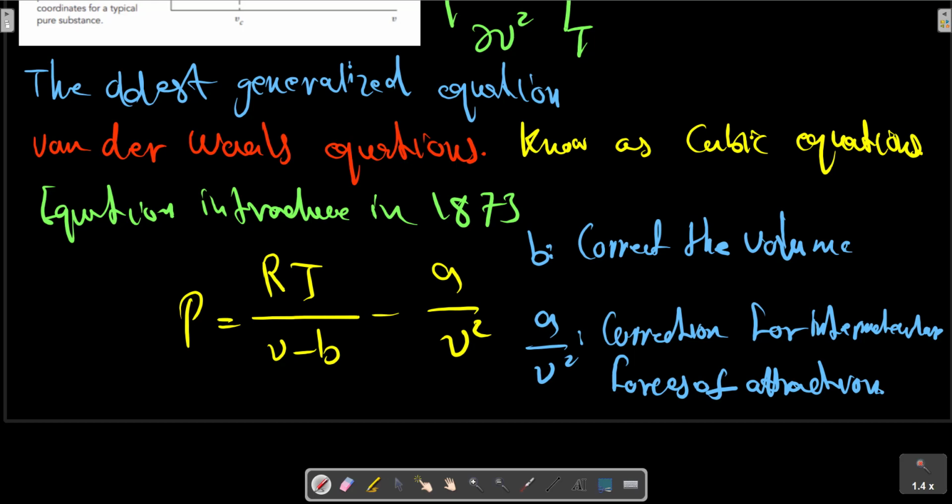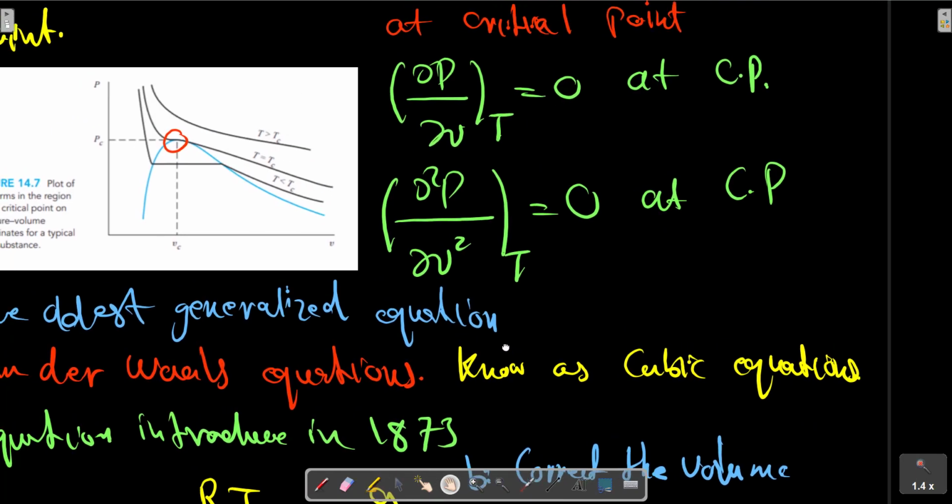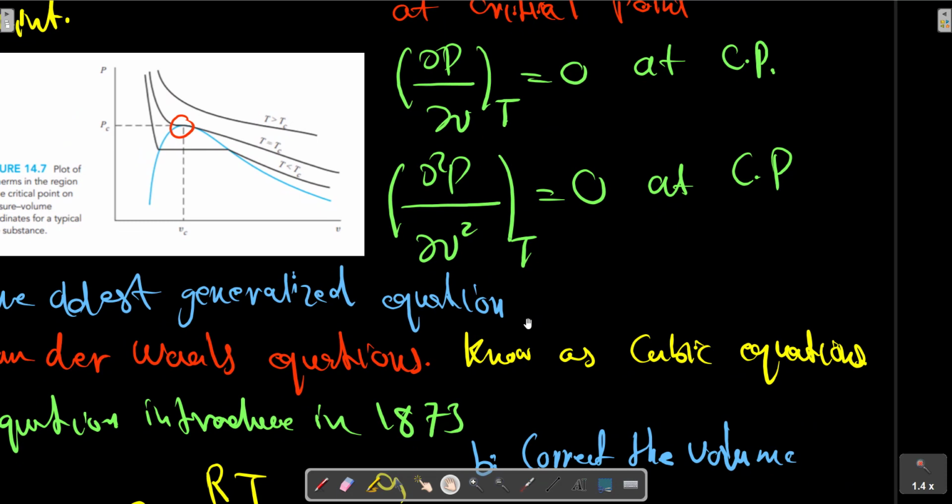According to the equations for critical points, which were introduced here, this pair of equations along with the van der Waals equation,